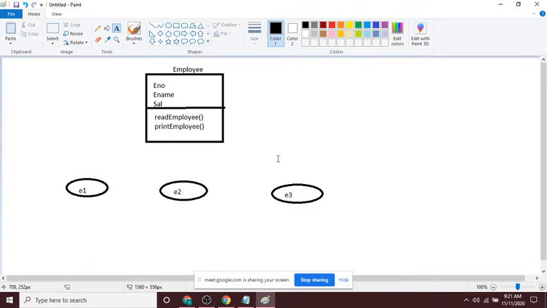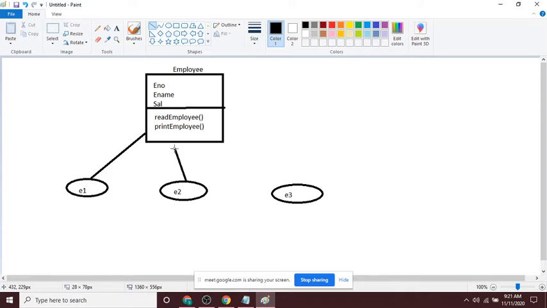That means all these objects will have their own copy of data member variables, instance variables, am I correct? E1 will have its own copy of employee number, employee name, and salary. Am I correct?